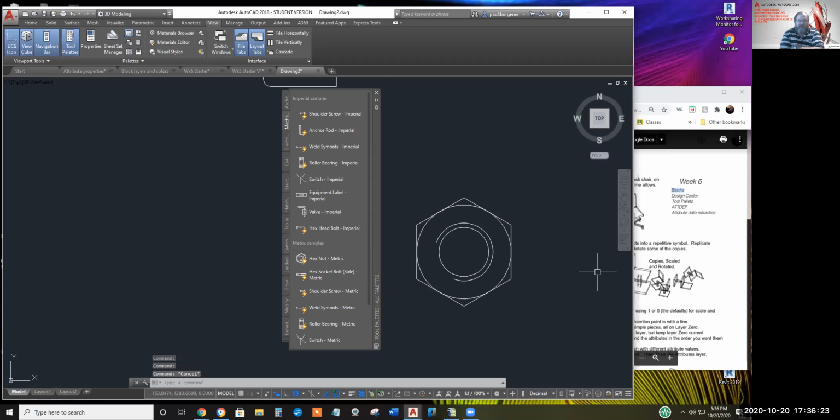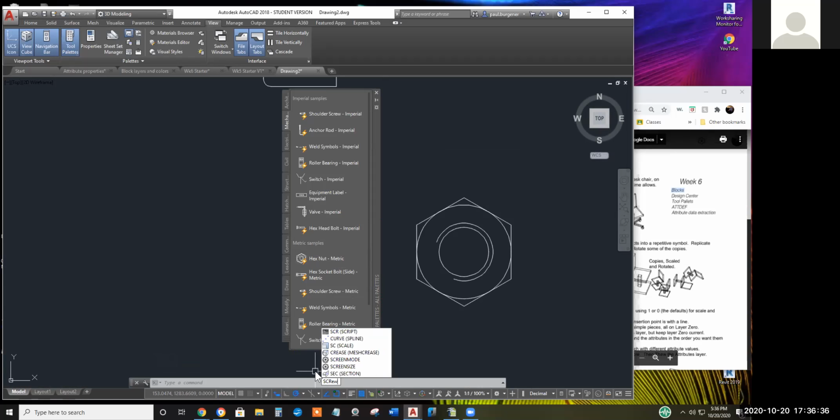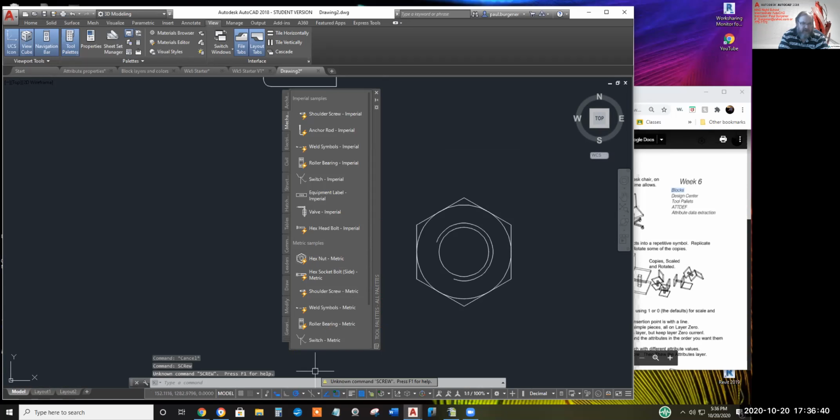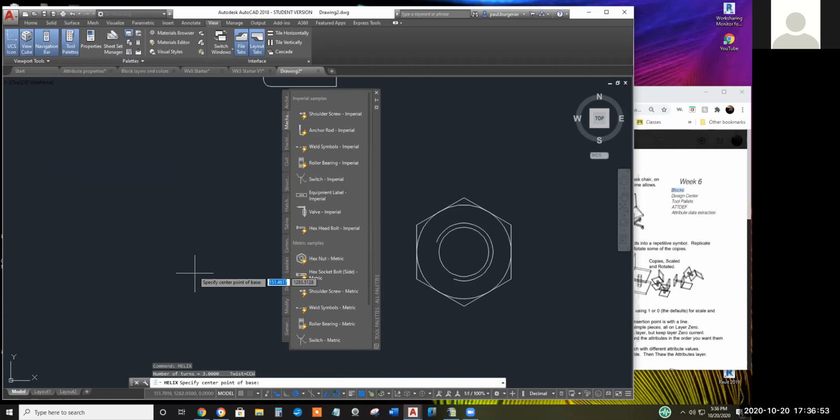Now, see if you can type in screw in your command line or nut and see if it gives you a different option for it. I doubt it. But screw, enter, unknown command. No. Now helix might do something if you wanted to manually make a screw thread. So in the mechanical version of what we have at work, they have the option for screws, and